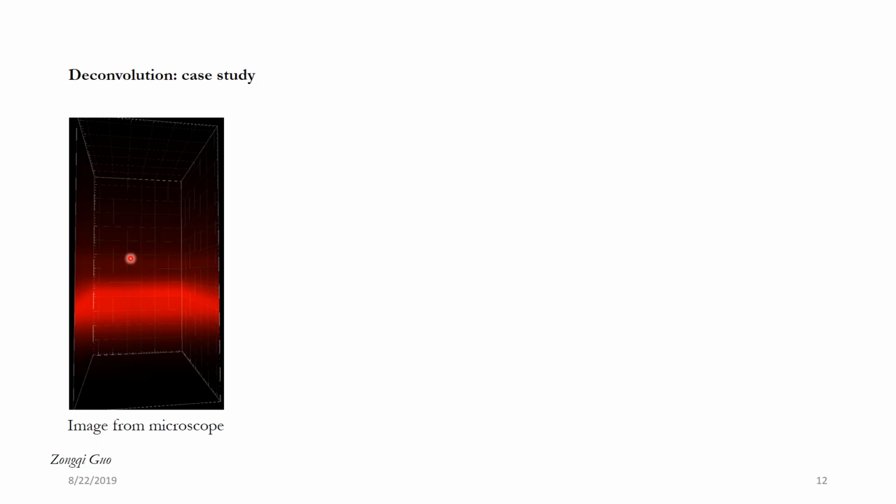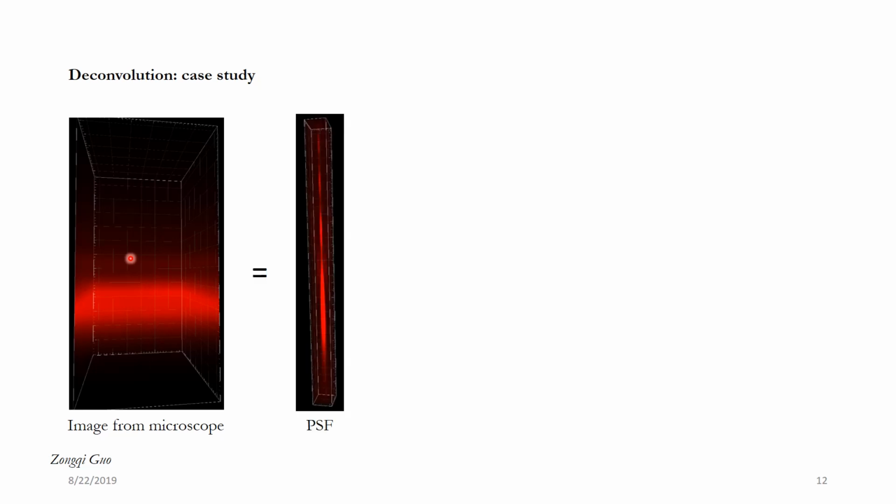So we imaged a bead using the exact same optical settings on the microscope, and what we found out is that the bead image was also a little weird. You can see that this is stretched in the z direction and has got multiple orders like this, and there's a little bit of background also. So what it means is that the actual thickness of this oil layer that we were trying to measure is not actual. It is convolved with the point spread function. So how can we calculate it back?